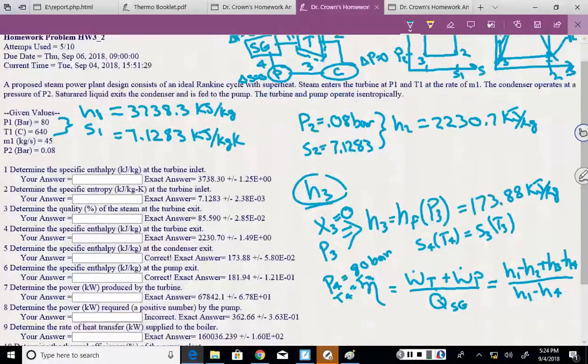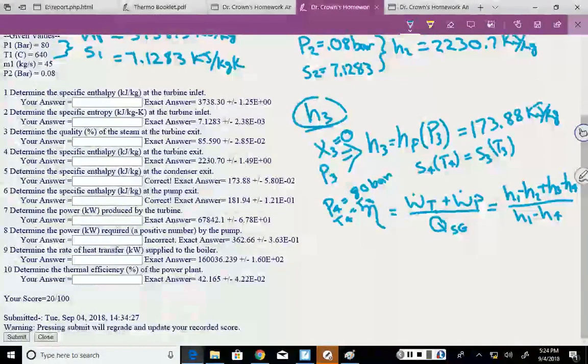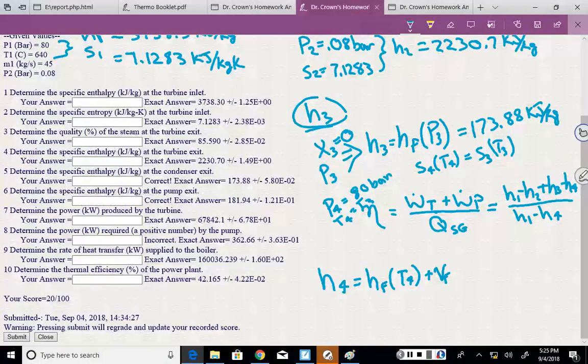So we're going to use the saturated liquid approximation, and I'm running out of room here, so I'm going to scroll down a little bit. And so for H4, we're going to use the saturated liquid approximation. It's going to be hf at the temperature that we're at, which is T4. Now it happens to be T3 too, but I'm going to write T4, so H4 equals hf at T4 plus the saturated liquid specific volume, again evaluated at T4,